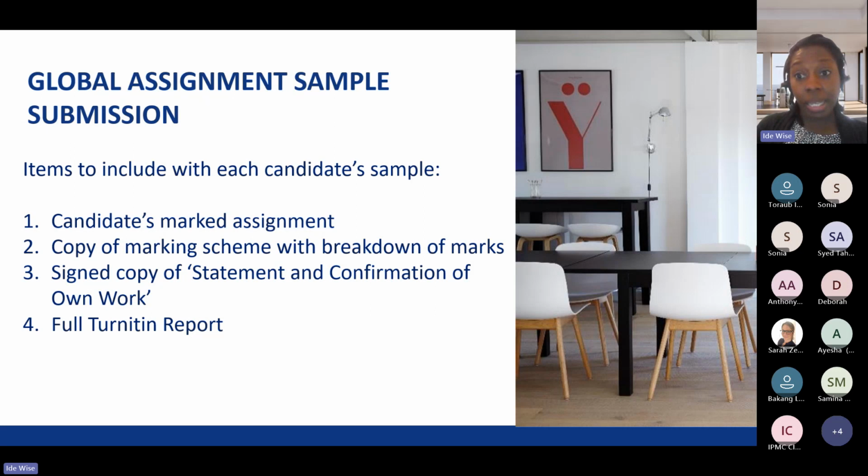It could be physically signed, or they could have typed it up and written in the box with a signature, their name and dated it. So we need that. And we also need the full Turnitin report so that we can see the highlights and the originality score as well. We don't want just the receipt, it's got to be the full Turnitin report for each candidate.